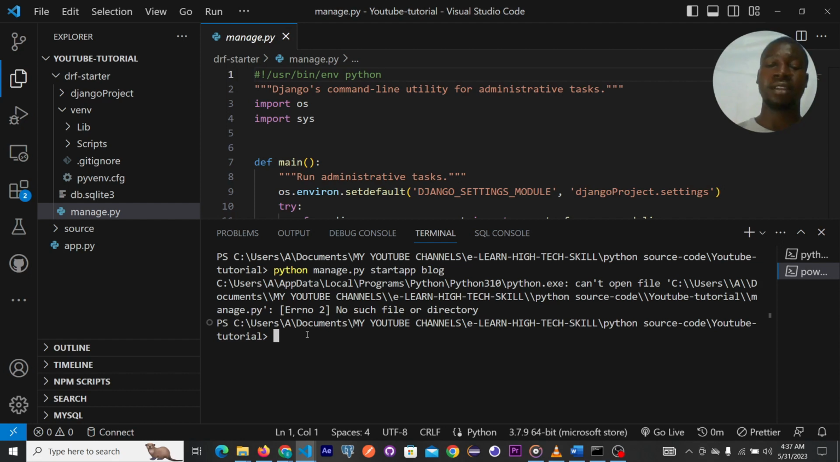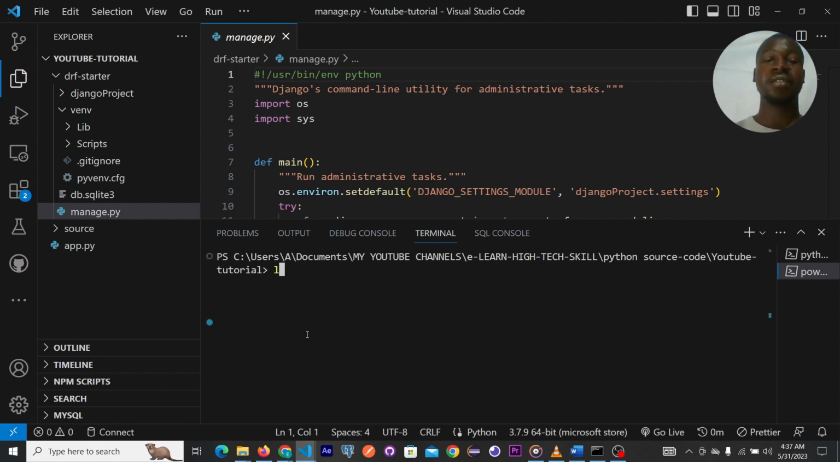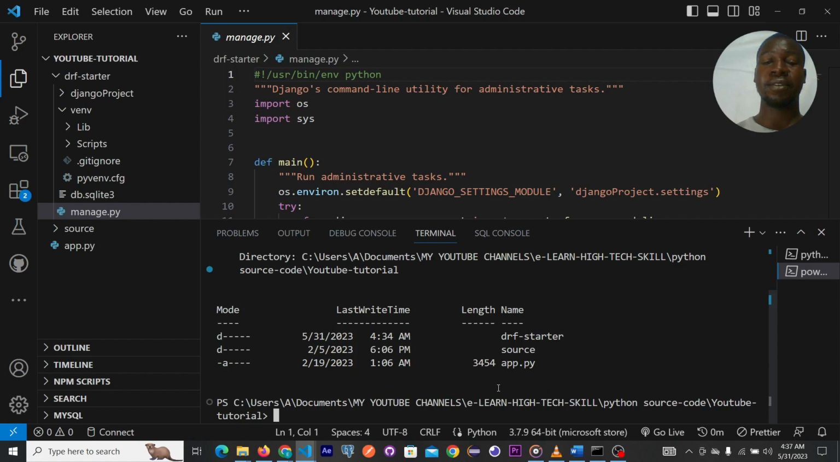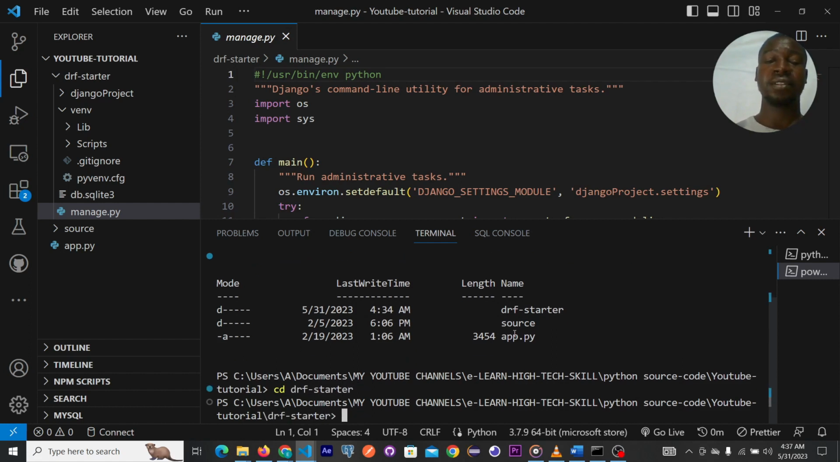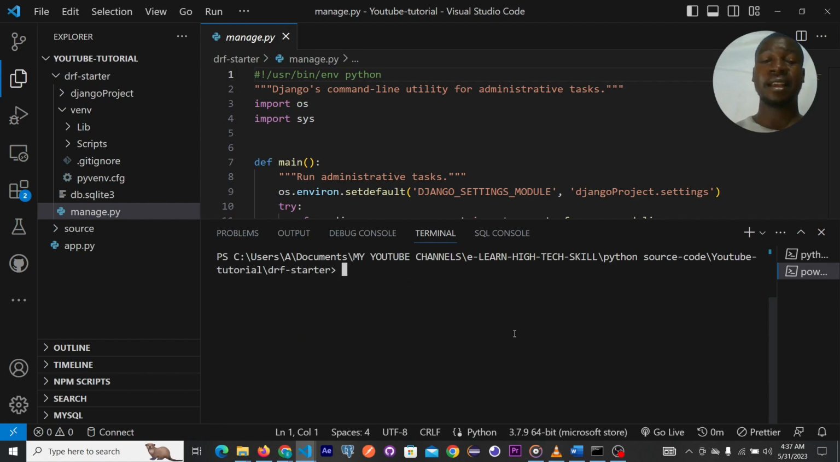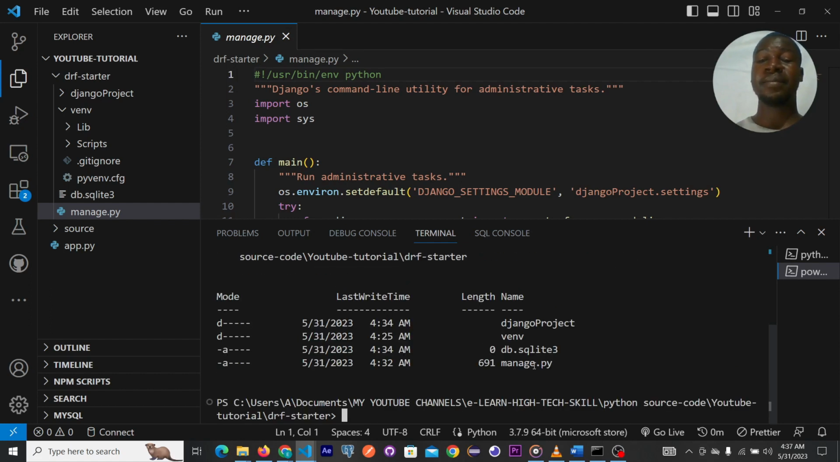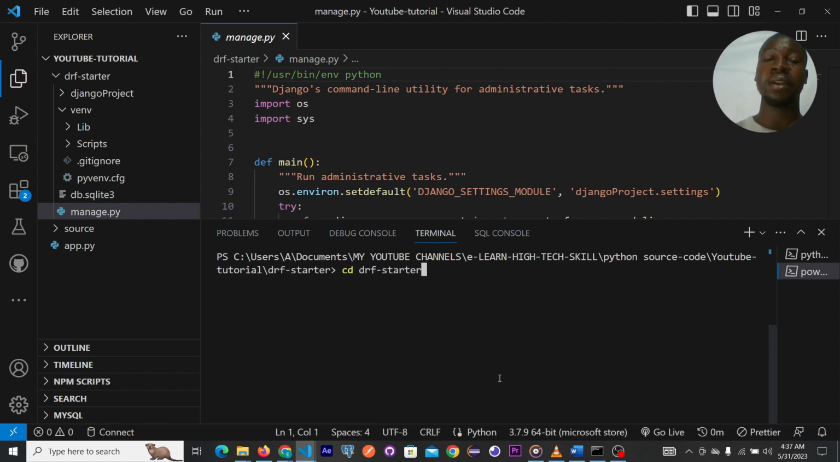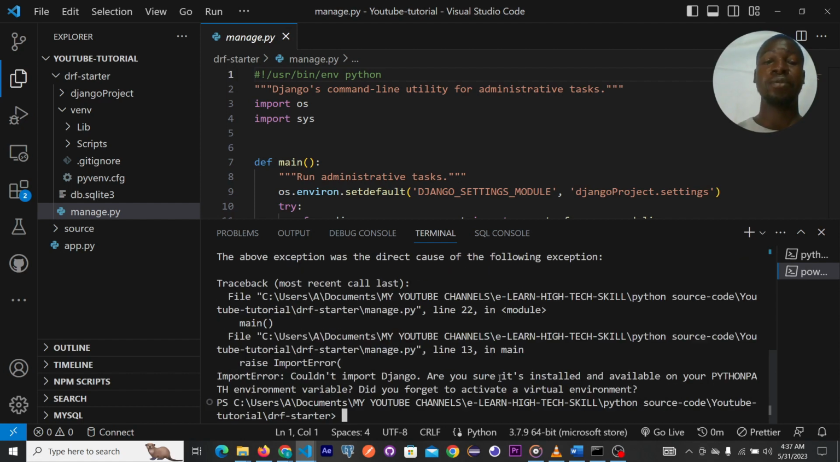Oh, okay, so I'm not actually in the right directory. So ls, I need to see where I am currently. You can see I'm outside the DRF startup project. So I need to cd into DRF starter, just like that. In the DRF starter, if I do ls, I can see manage.py. That's why we are not getting what we are looking for. So if I put my cursor up there and do the same thing, we should have,